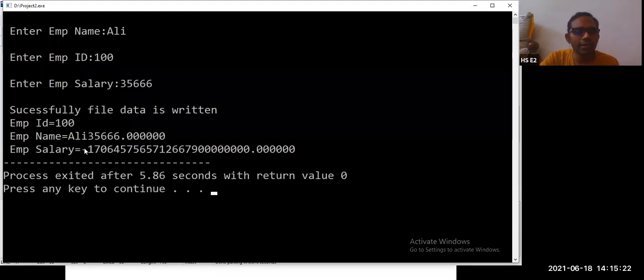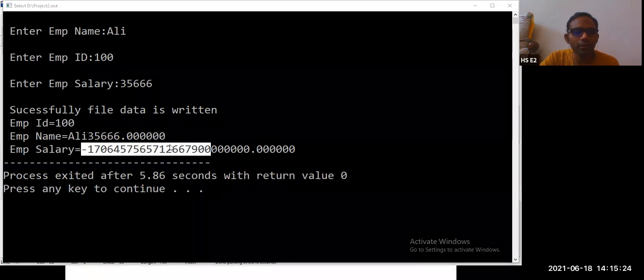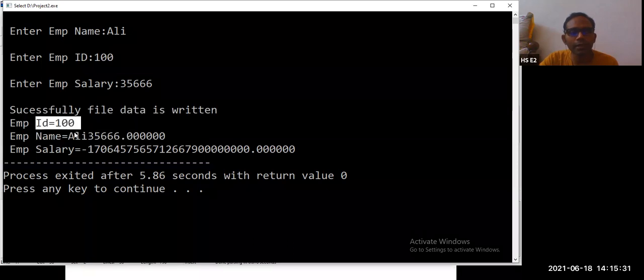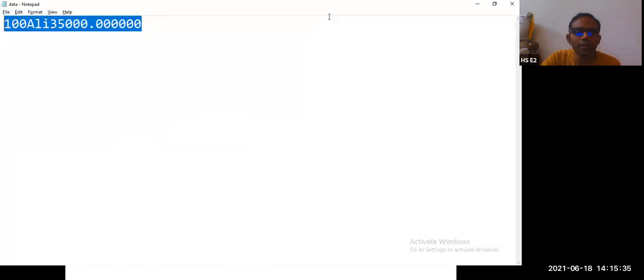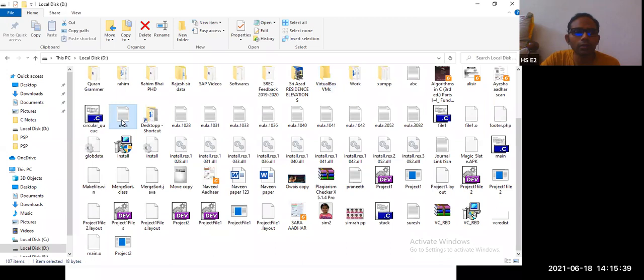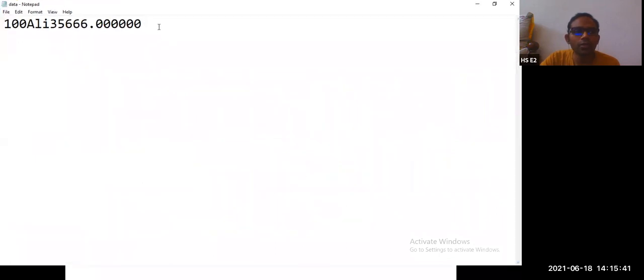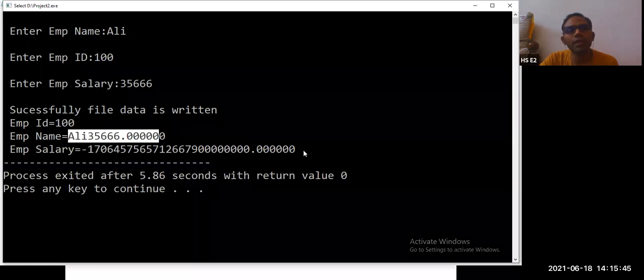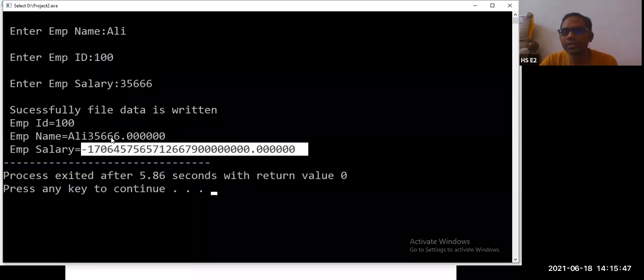So now this data is not there in the file. Only we have this particular data. ID is 100, Ali and 35666. If you open the file, that file will be having only that data. So from where did we get the rest of the information? The rest of the information is garbage value. Okay, this is the problem with our fprintf and fscanf.